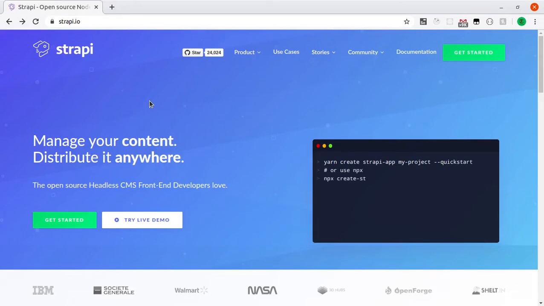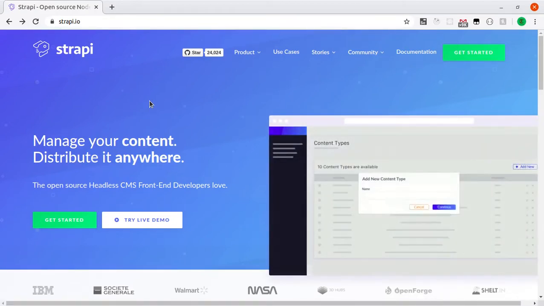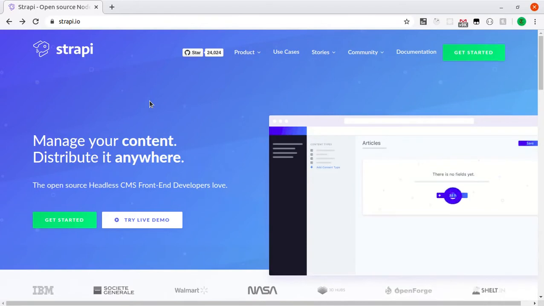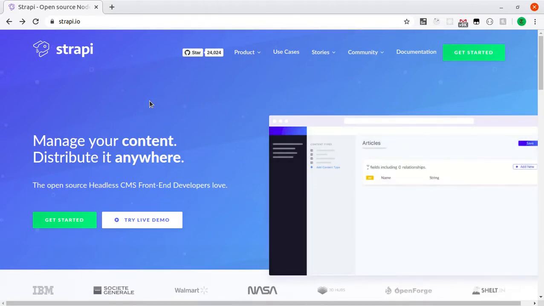In this video, we are going to take a look at Strapi, which is an open source headless content management system, and Strapi makes it incredibly easy to create REST APIs with JSON Web Tokens authentication. You can create relationships between your content types and you get this great admin area similar to what you would have on WordPress, except you are not bound to any specific frontend. You can use whatever frontend you want.